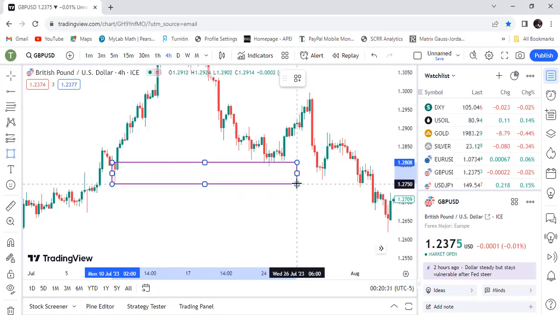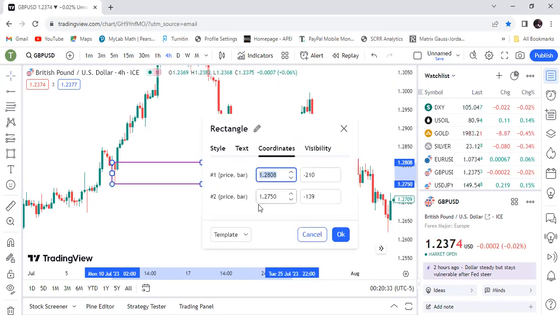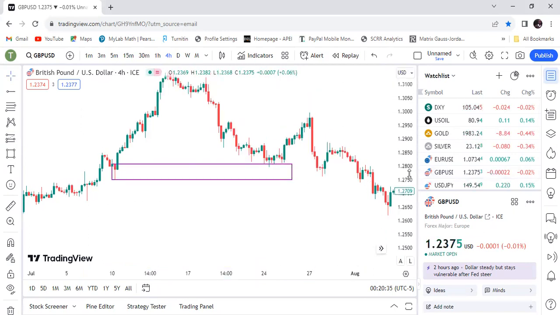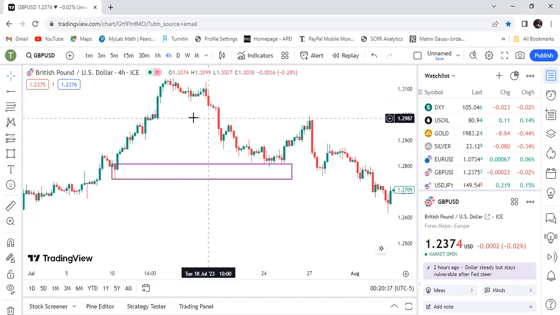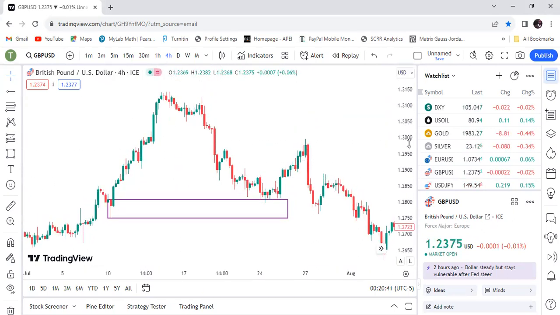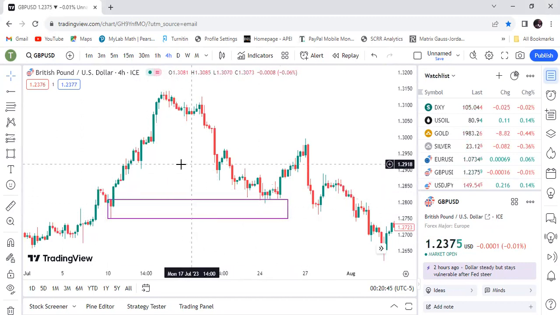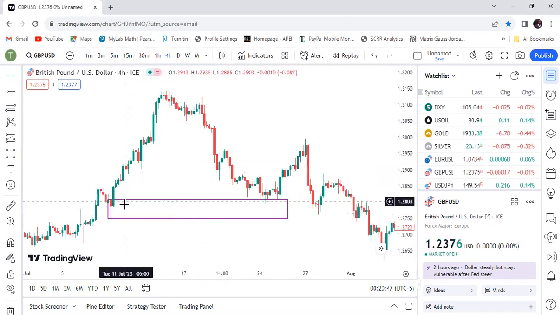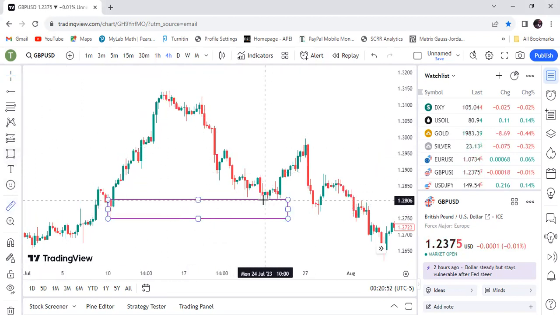So you can see how the prices behaved. The price jumped up. So we don't basically chase the price, but we want to wait for the price. We identify these areas and mark them out and wait for the price. So you can see once the price came back to this region, the price reacted, and it